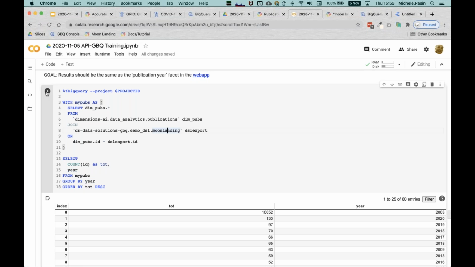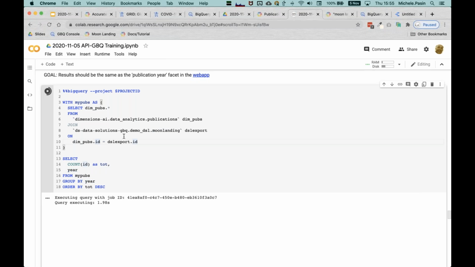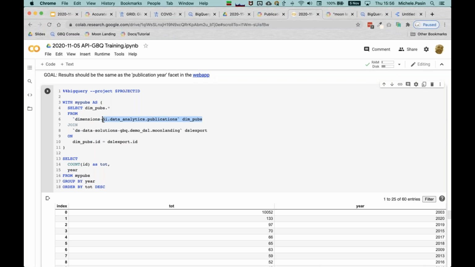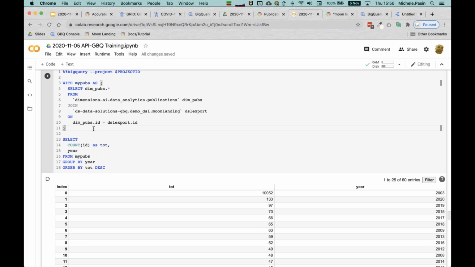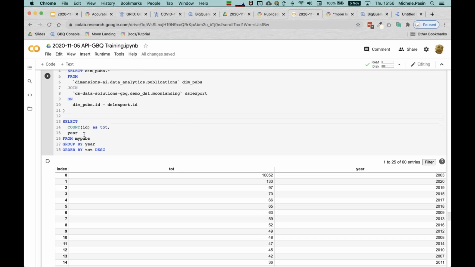So if I run this query here, for example, essentially what I'm saying is select everything from the main Dimensions table about publications, join that table with my DSL export, those 12,000 results I just exported, using the ID field. And all of this is essentially saved to a new temporary table, a memory table called my publications. So essentially that's my view of Dimensions for my specific corpus. And once I have that, I can carry on and do any sort of analysis I want because I essentially exported my view of the data into